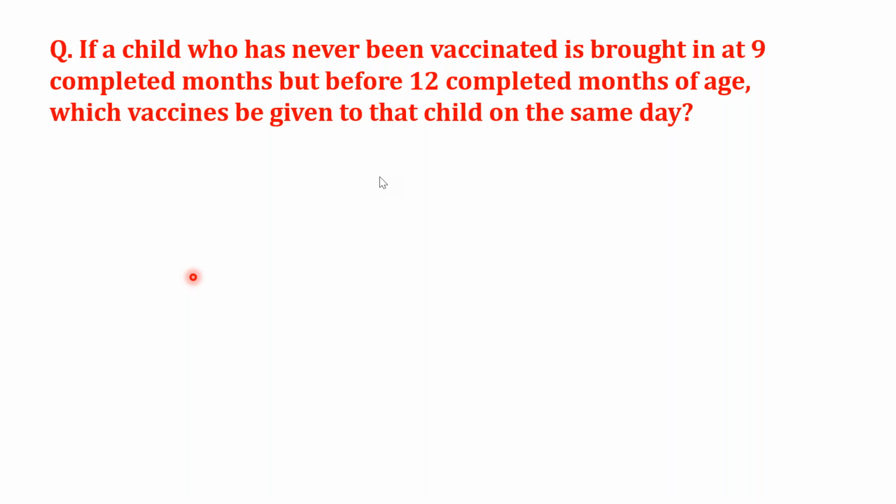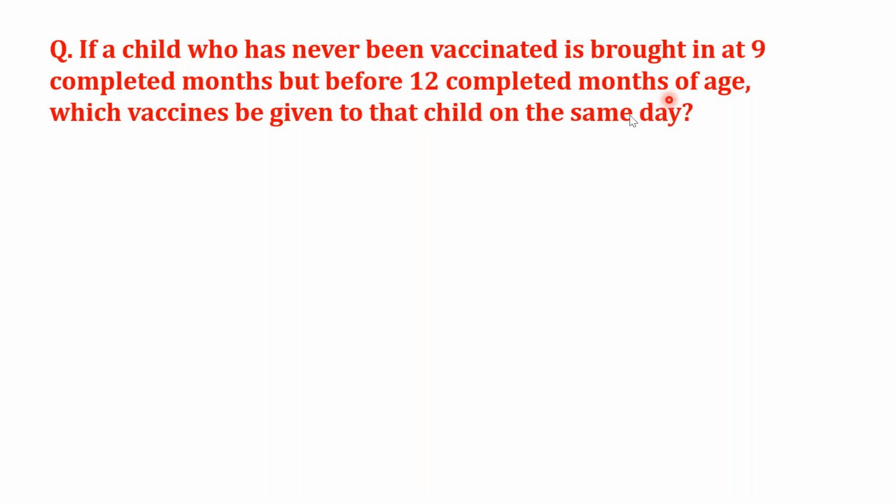So it is safe and effective to give BCG, pentavalent vaccine, OPV, IPV, MR, rotavirus vaccine, and pneumococcal conjugate vaccine. Japanese encephalitis only if it is an endemic area. Okay, and vitamin A. At the same time, we can give all these vaccines to a 9 or 10-month-old child who has never been vaccinated. There's no problem in giving all these vaccines together. If more than one injection has to be given in one limb, ensure that the distance between the two injection sites is at least 1 inch apart.